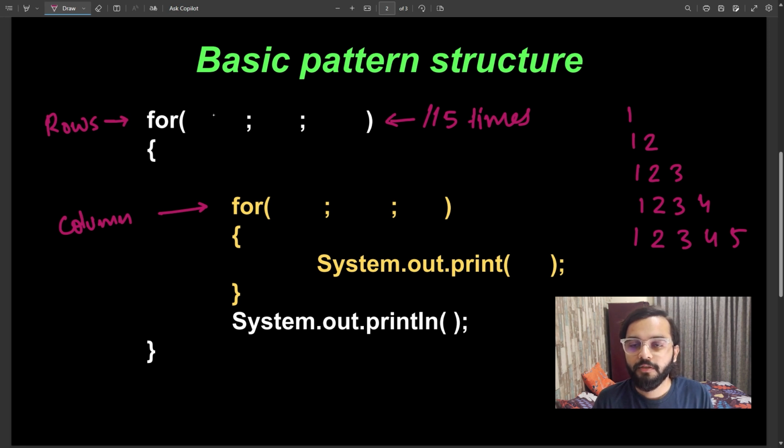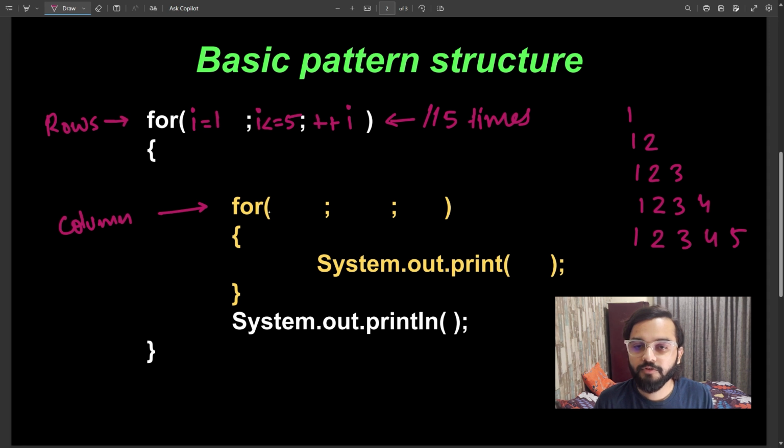So how can we write the statements so that this outermost loop executes 5 times? It is simple: I will take the value of I as 1, keep I less than or equal to 5, and increment the value of I by 1. This will create 5 rows of the pattern. Now for the innermost loop, we have 5 columns.